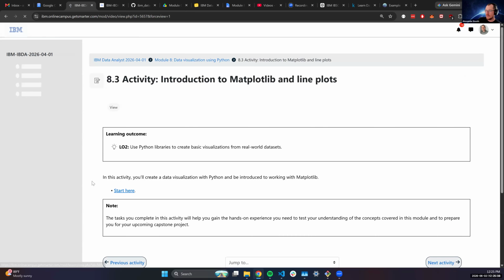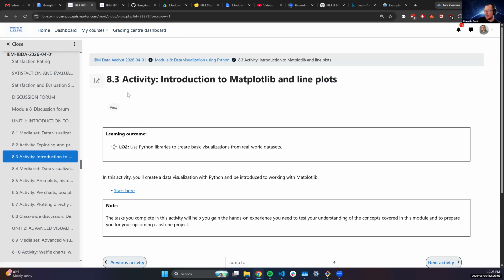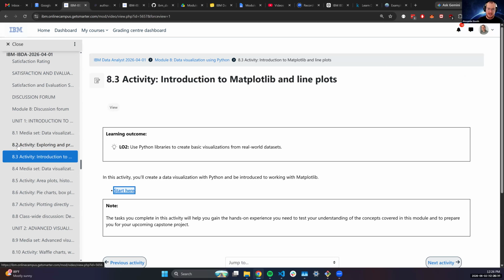We're gonna dive into Matplotlib here. So I'm in 8.3. This will be our first notebook that we're going to review. Essentially, it's going to be a soft introduction into creating visualizations with Matplotlib. 8.2, again, is just a data wrangling notebook. So it makes you practice and review your skills with working with pandas, cleaning and preparing data, and a lot